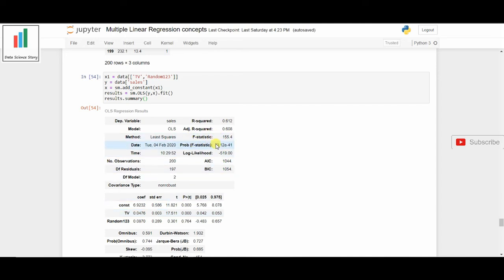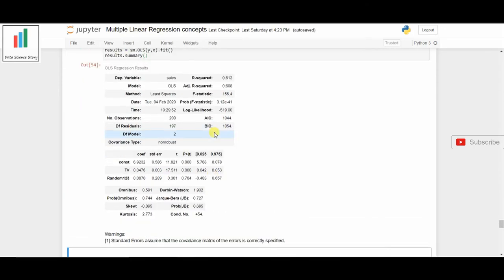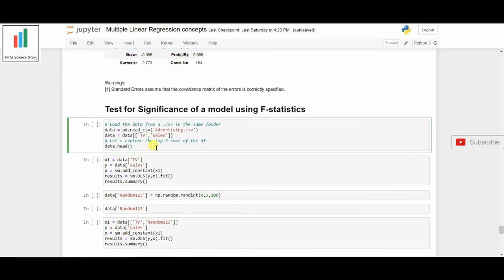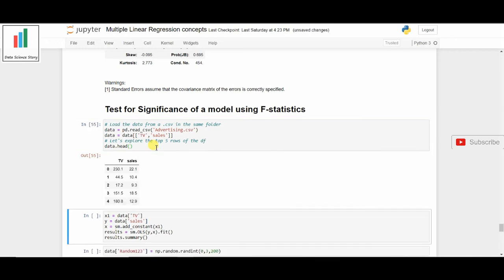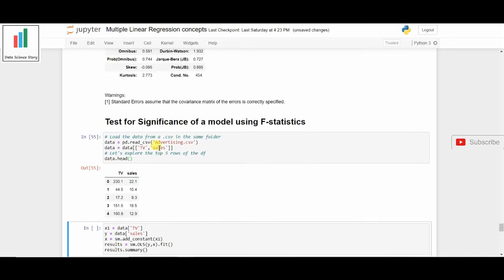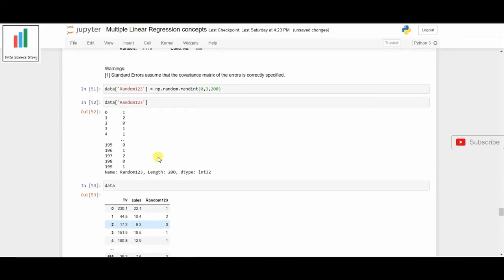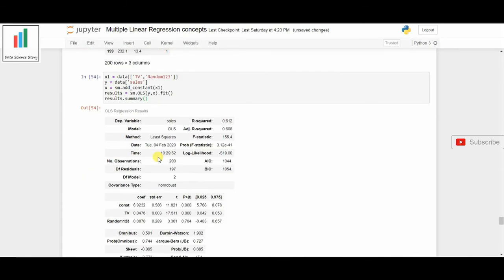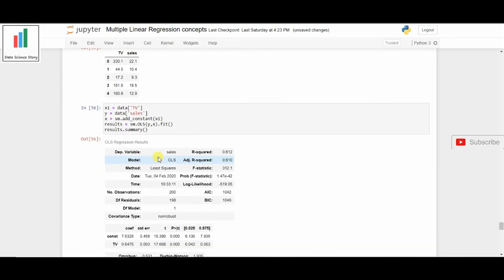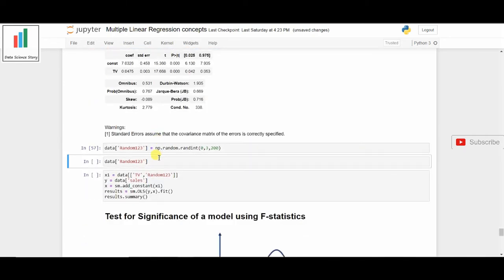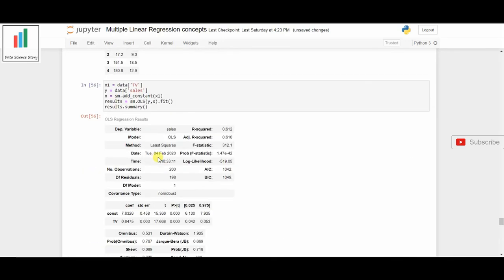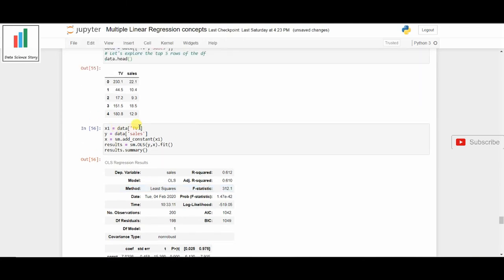Okay, so to understand the role of F-statistics, we're going to create the same scenario as we created for understanding the role of adjusted R-squared. We just create a superficial predictor, that is random 1 2 3, and first check the model that has only TV as a predictor. You will find the F-statistic value here is 312, and the value of